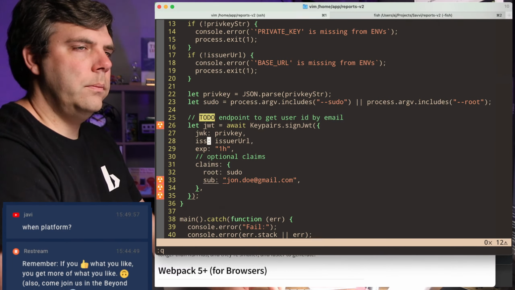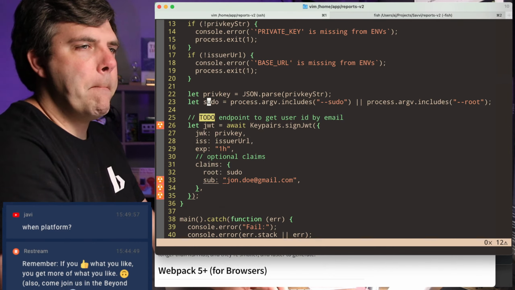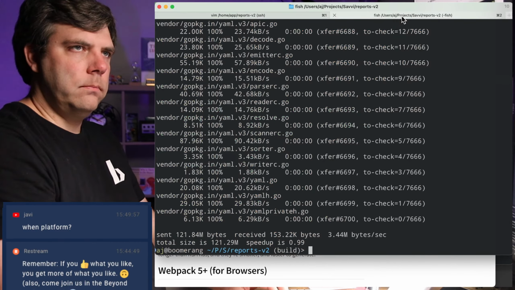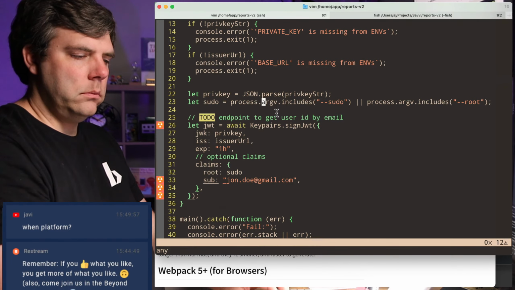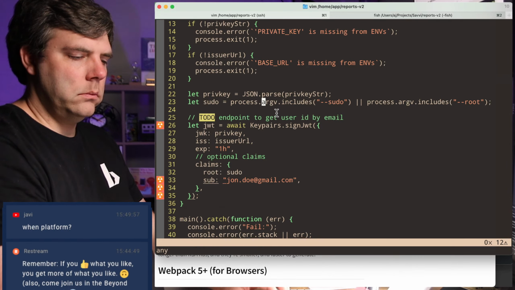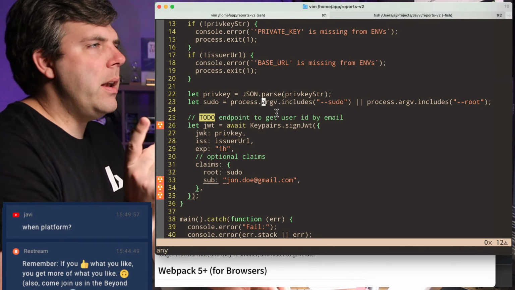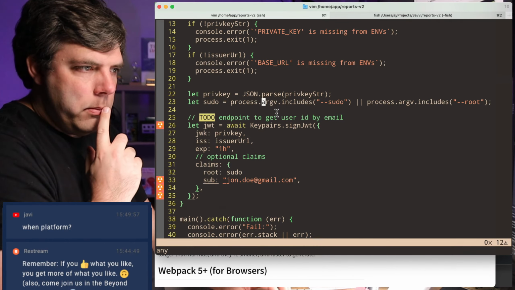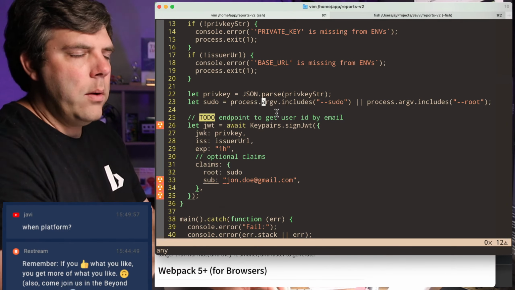And then, I guess, let me think about this. Yeah, I'm going to add an endpoint. Maybe not right now, but probably within the hour. I want to test this first.